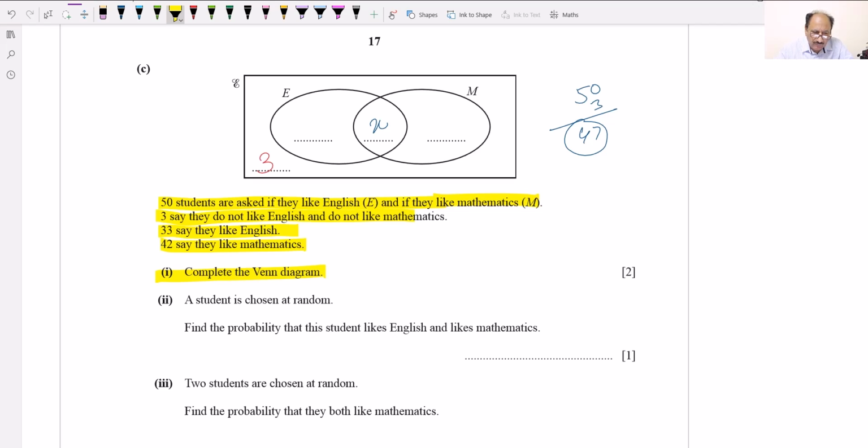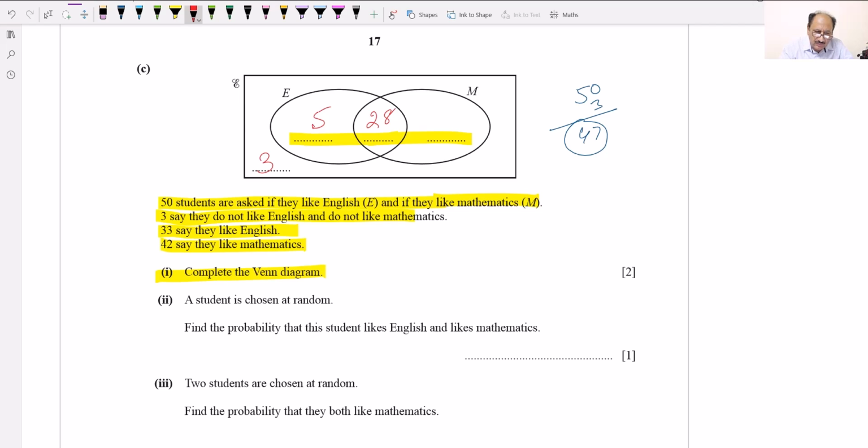For that, we can take out of 47, 33 should be these two, and these two should be 44, 42 basically. So if we take 5 here, the remaining will be 28, and 28 plus 5 will be